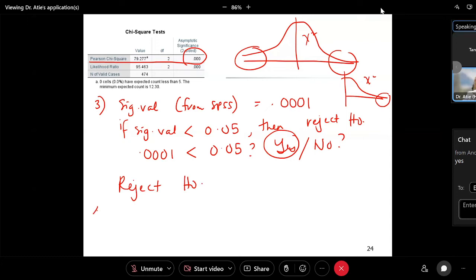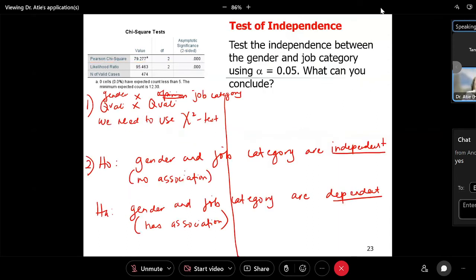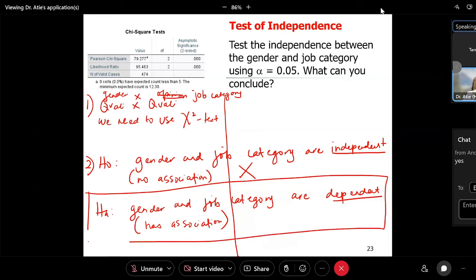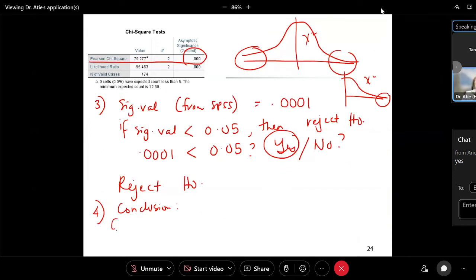Okay. Number 4, conclusion. Since we reject H naught, this one is not true. Then we accept HA because we reject the H naught. So what can we conclude? That gender and job category are dependent